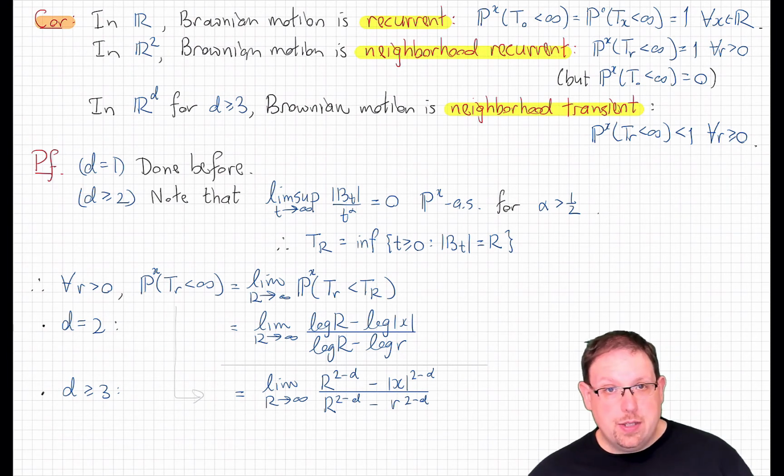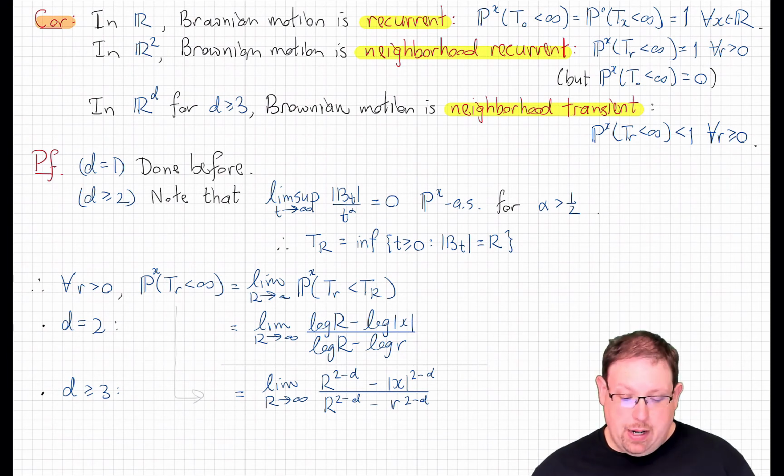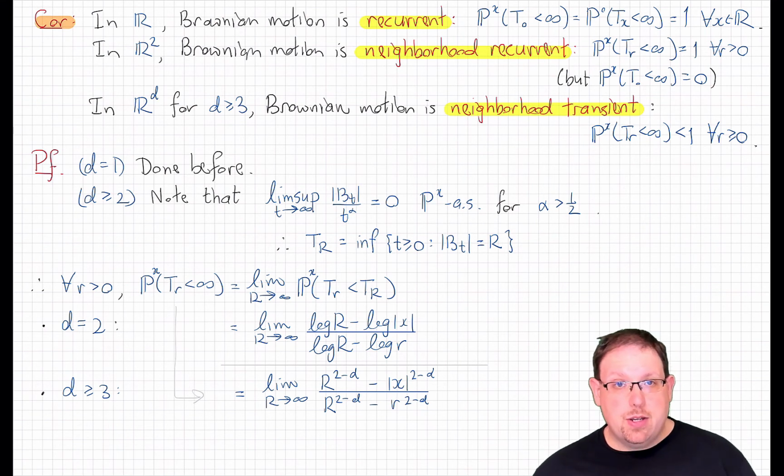Now, we didn't do this back when we were discussing simple random walks, but in fact, that same result holds in 2 dimensions for random walks. 2-dimensional symmetric random walks are also null recurrent. But 3 and higher dimensional random walks are transient. They have a positive probability of never returning to some point. Well, Brownian motion actually doesn't satisfy quite the same hierarchy. In 2 dimensions, Brownian motion is transient.